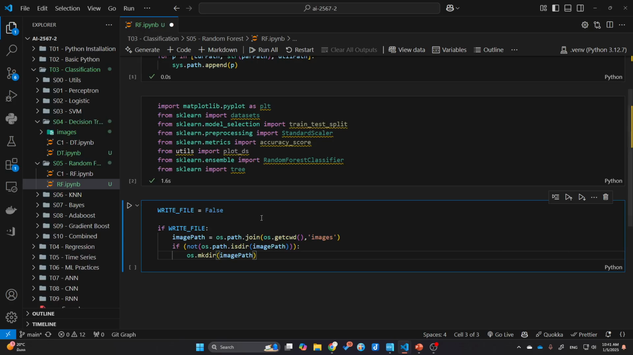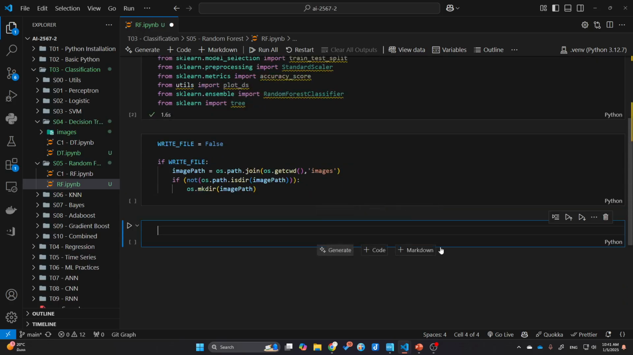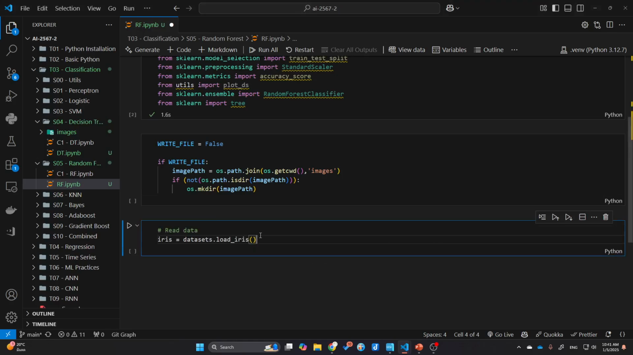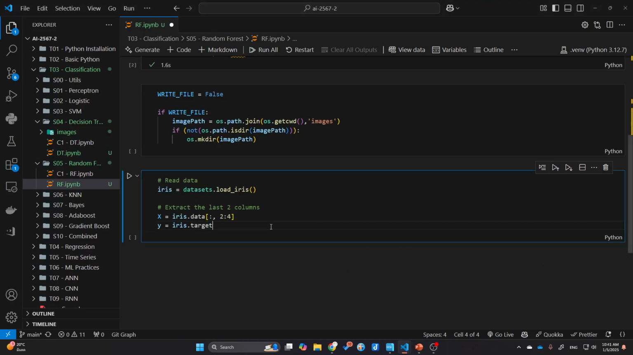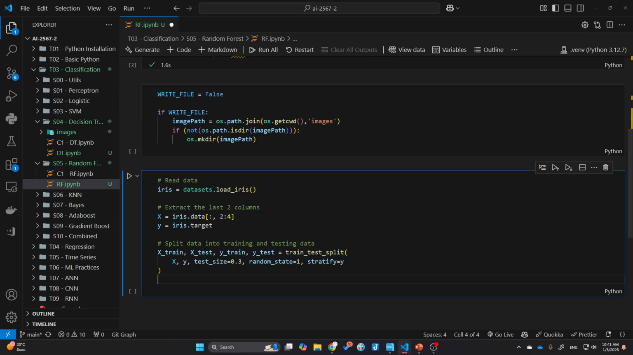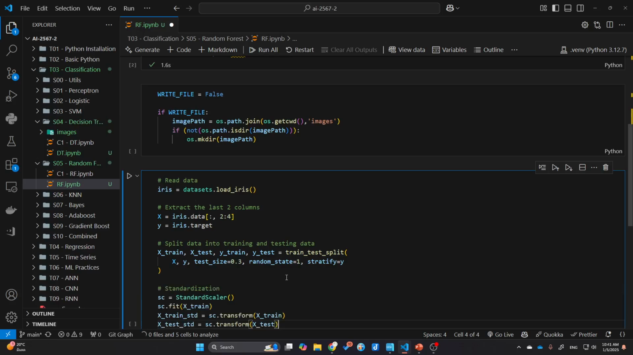Okay, so here I'm gonna kind of go through them quickly now because you've seen them a lot of time. So I'm gonna load the iris data, right? I'm gonna extract the last two columns, right? I'm gonna split the data. There you go. And then I'm gonna do the standardization, meaning that I'm gonna make the attribute the same size,